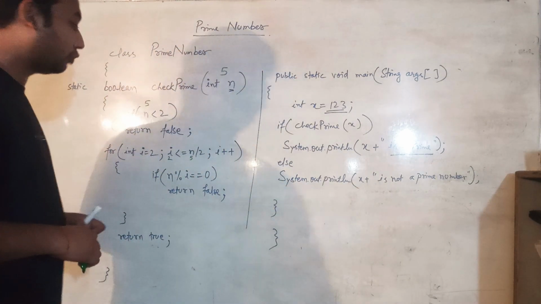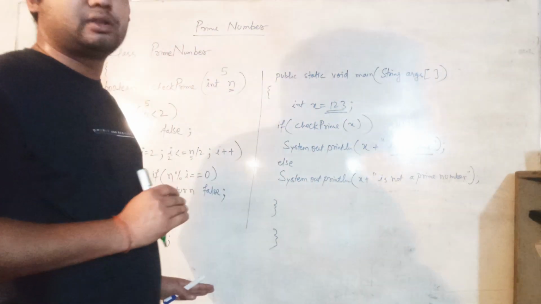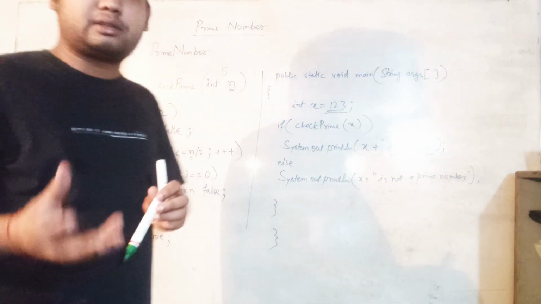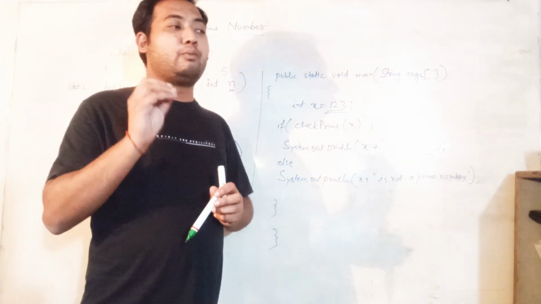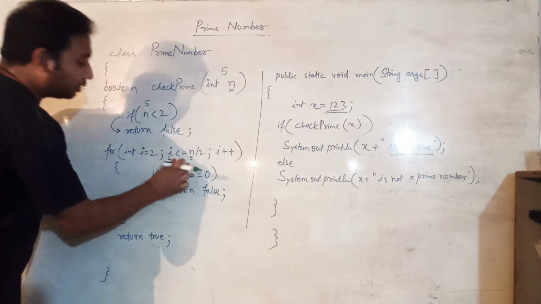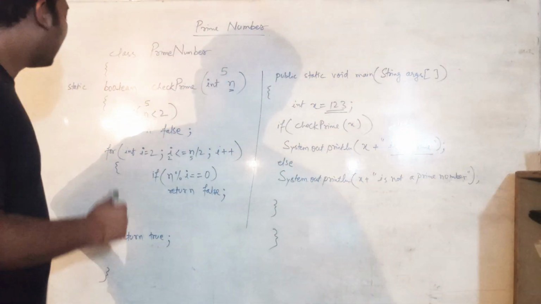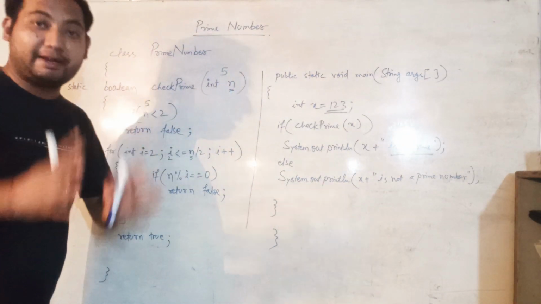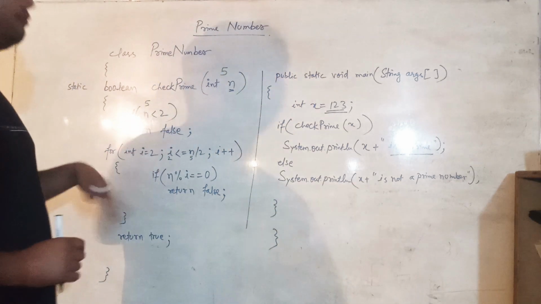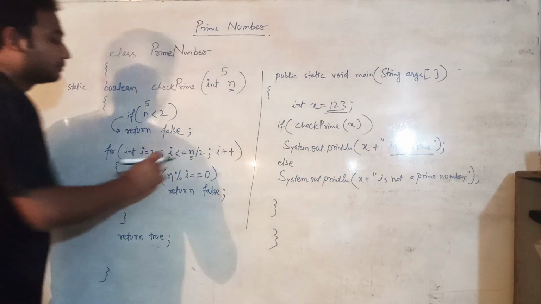Let's see why it is efficient. Because the fewer times the loop executes, the less time it will take, and the program which takes less time will be more efficient. It is called an efficient program. So I will run this loop fewer times, because if the number is 5, it doesn't mean I need to run this loop 5 times. This loop will execute only 2 times. You know, this is the trick.